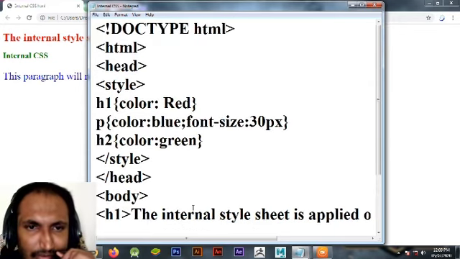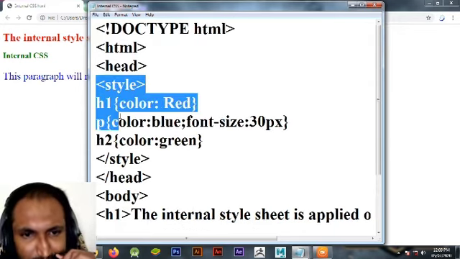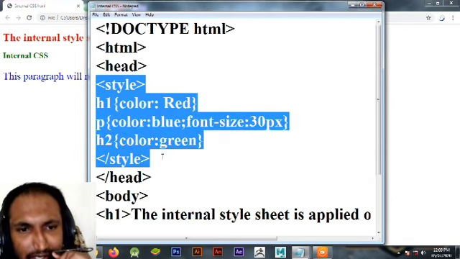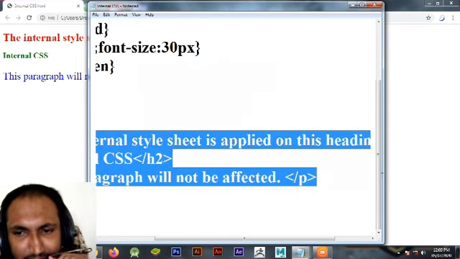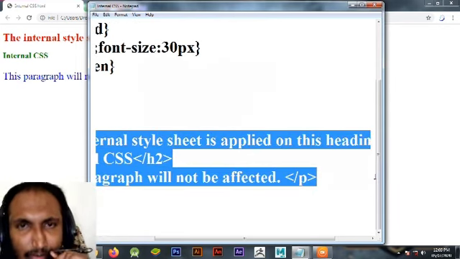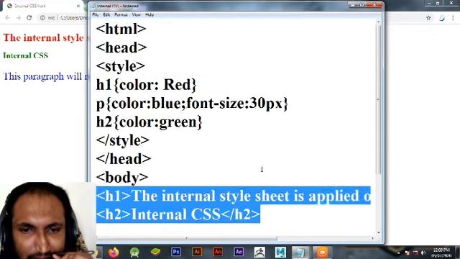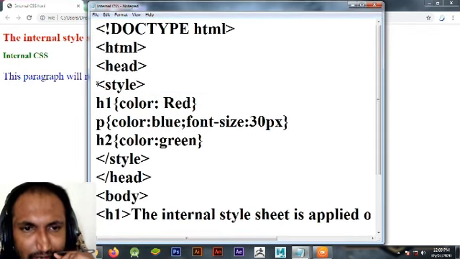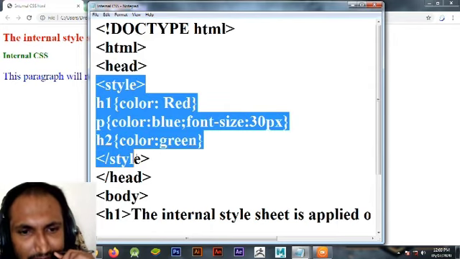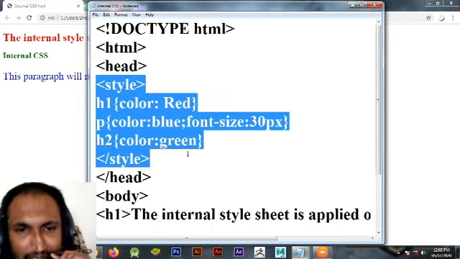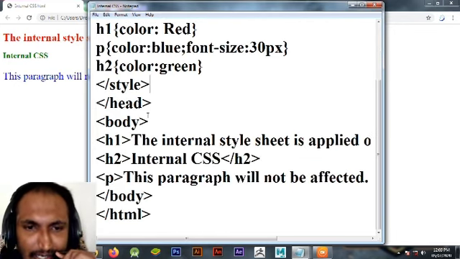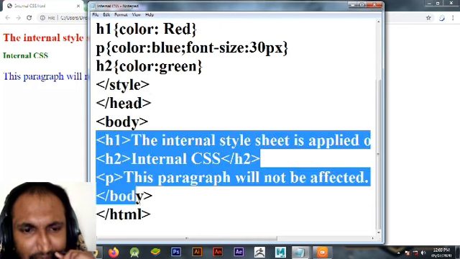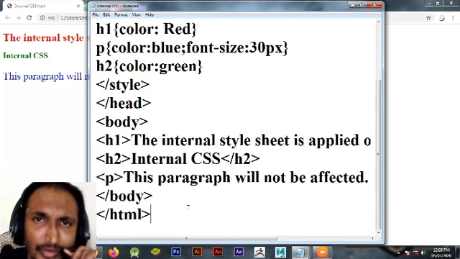So you have to understand here, I am setting the properties in the head tag and using the tag simply as you use it in a regular program. So if you want an internal style sheet, then you should take the style tag block in the head tag and set the properties of particular tags, and you should simply use it in the body tag. I hope you understand this.